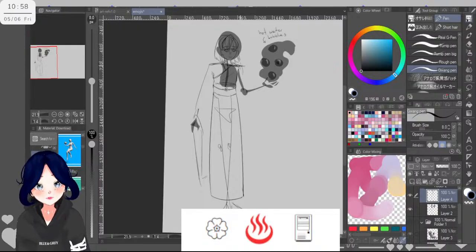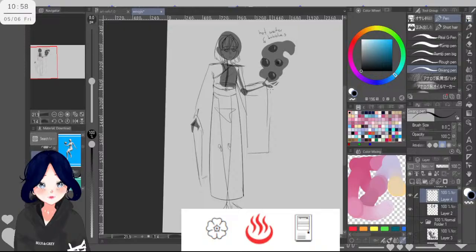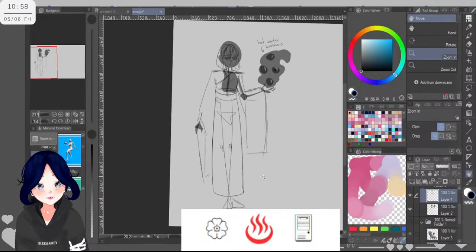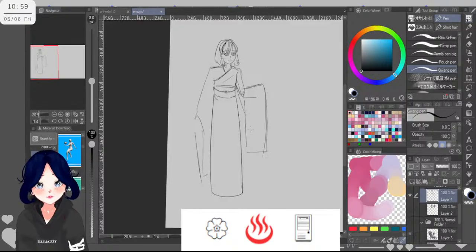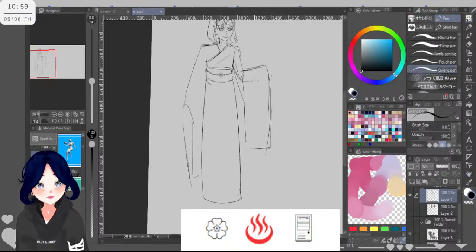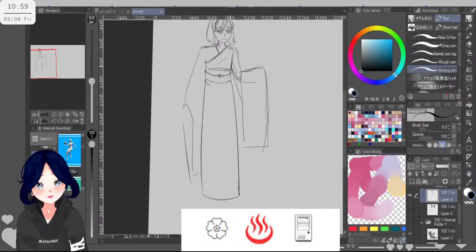I am honestly not very happy with it, to be honest. The concept was there, but I don't think the pose is working enough in our favor right now. If we hide this, maybe it's also because the legs look a little too long compared to the body.